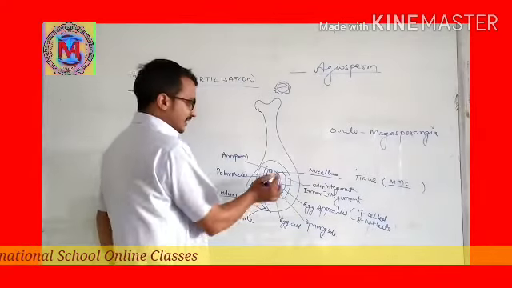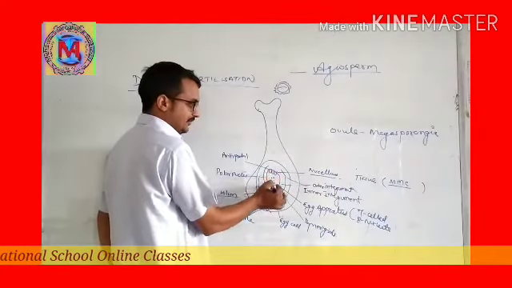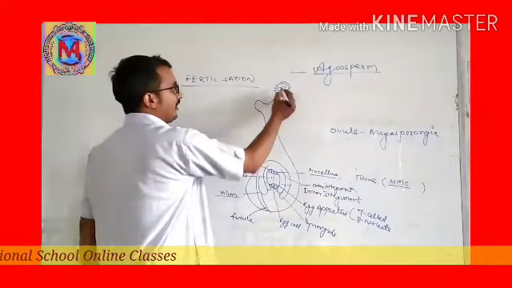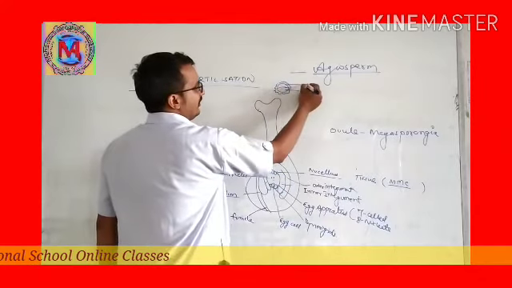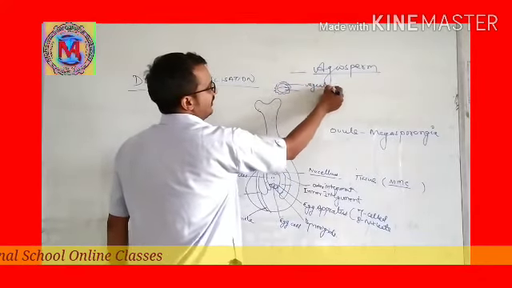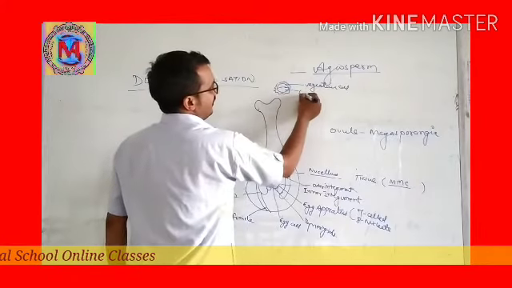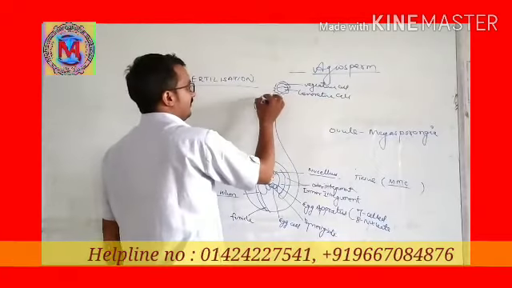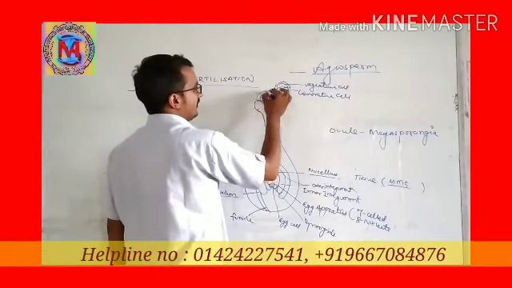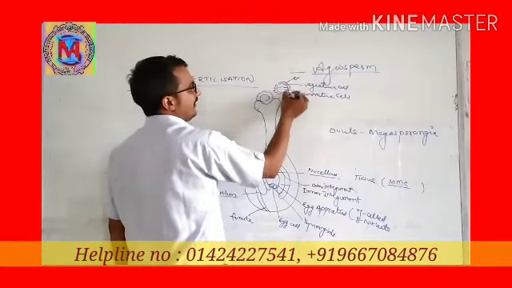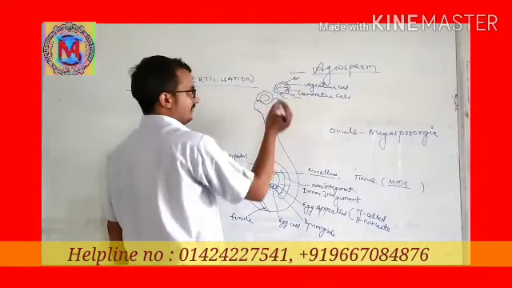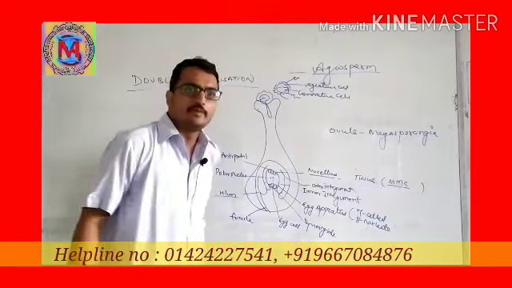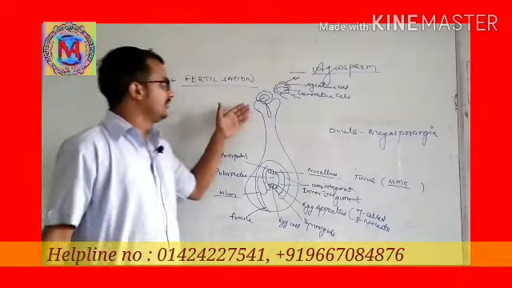So how many cells are there? This complete 1, 2, 3, 4, 5, 6, 7, and how many nuclei are there? 1, 2, 3, 4, 5, 6, 7, 8. 8 nuclei are there. So the pollen grain has two cells, the vegetative cell and the generative cell, and they will land here. The outer is exine, inner is intine, and they have a germ pore. This you have already studied. After pollen-pistil interaction, they form a pollen tube.